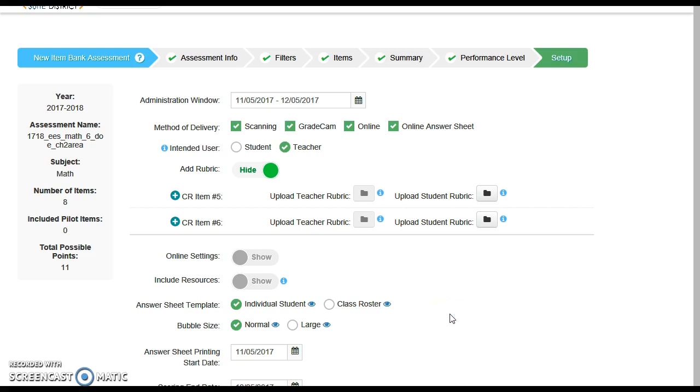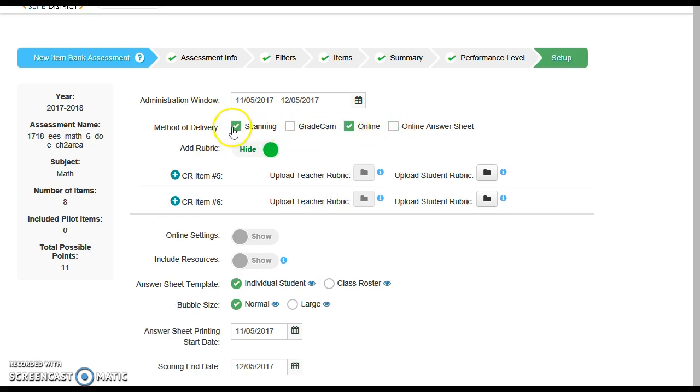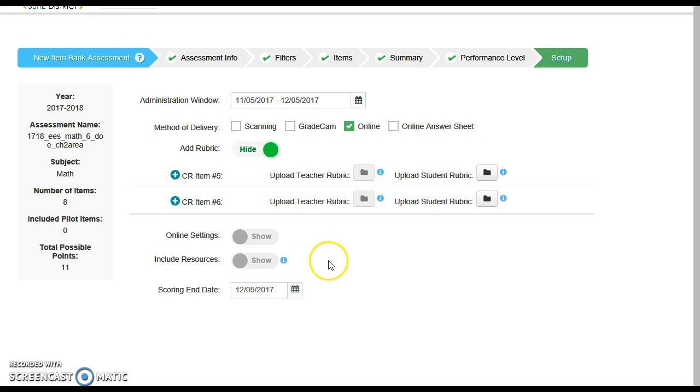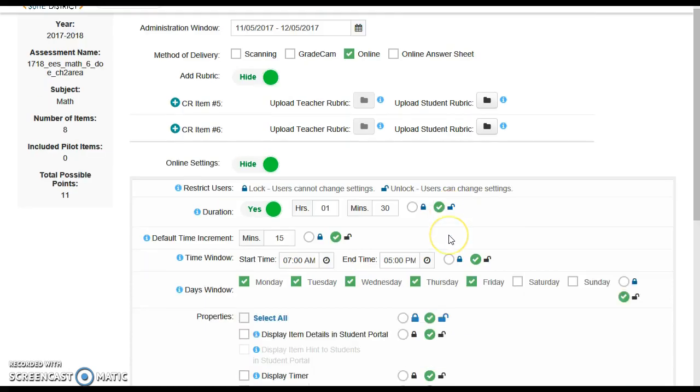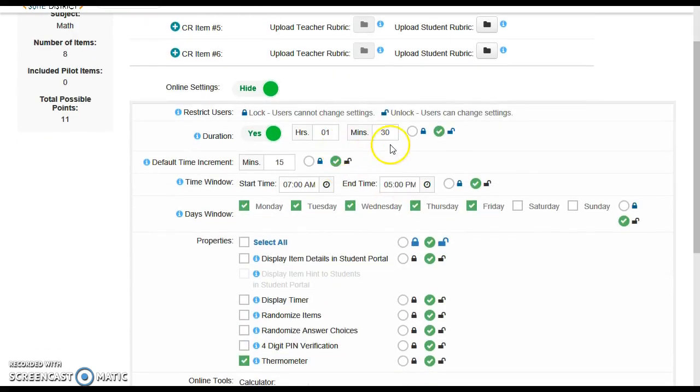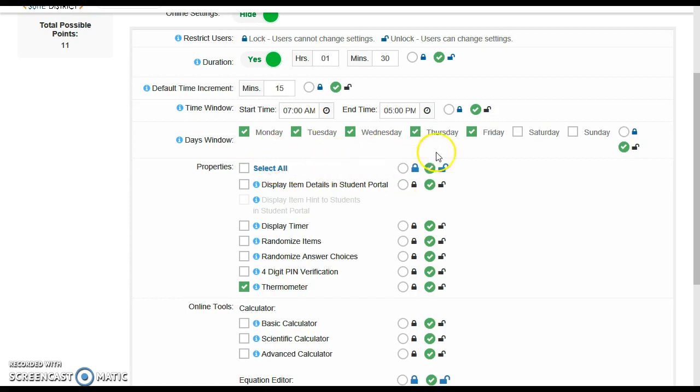Now we're going to decide how we're going to administer the test. I'm choosing to administer online, so I'm going to uncheck a couple of the areas here. And you can include a rubric on your online test for your students to view if you choose. Down here on Online Settings, you can also show how much time your students can take to take the test,